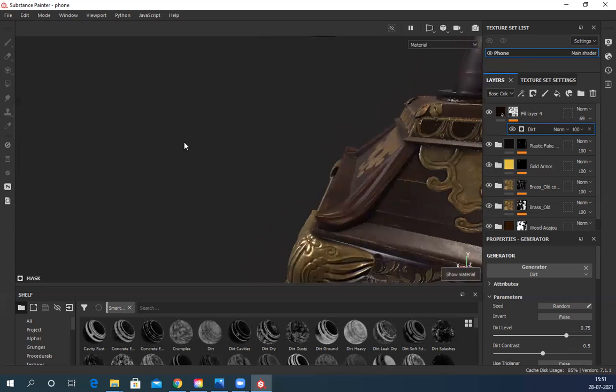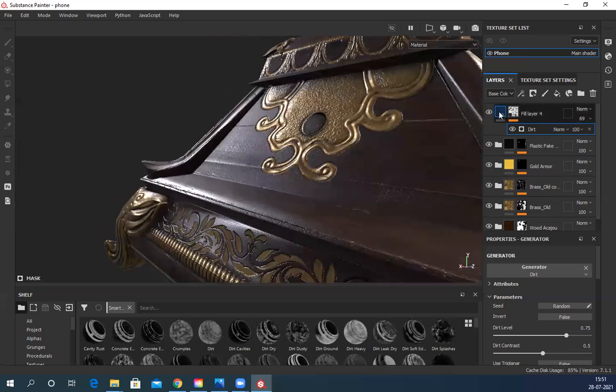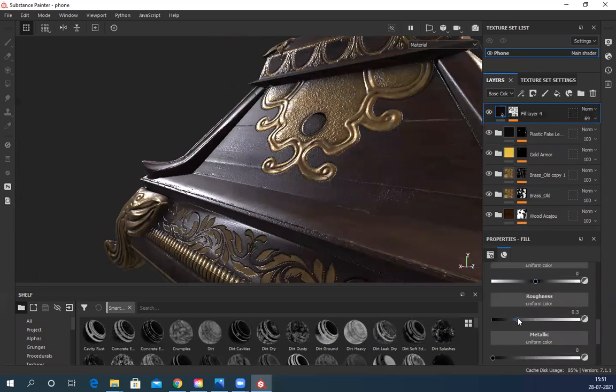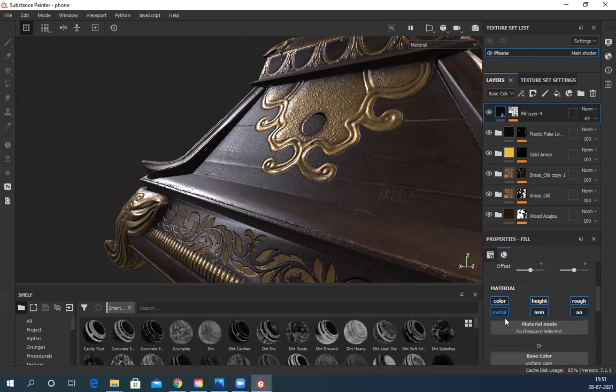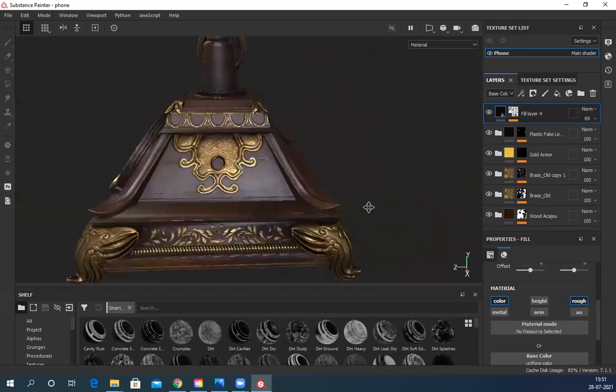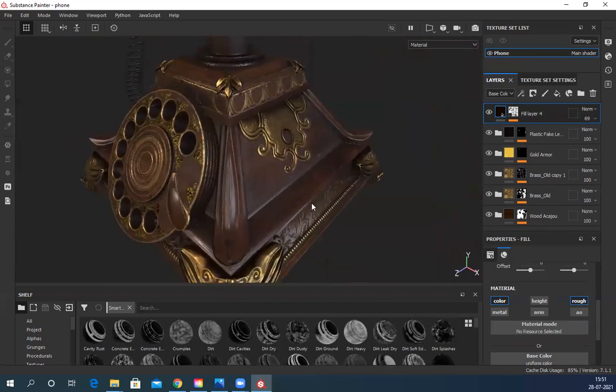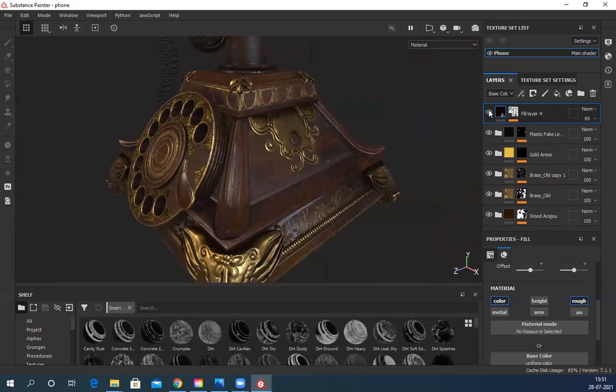Press M, go back to this, and dirt should always be a little matte. In this also, whatever you are not using, like height map, metal map, normal map, ambient occlusion, do not use it, switch it off. You can see switch off, switch on, switch off, switch on.